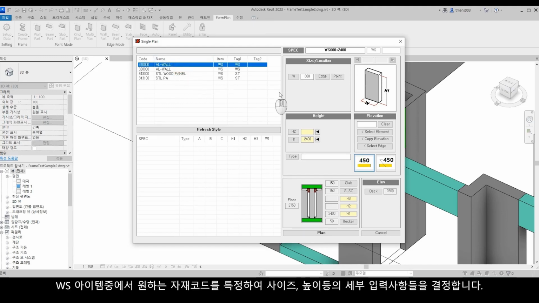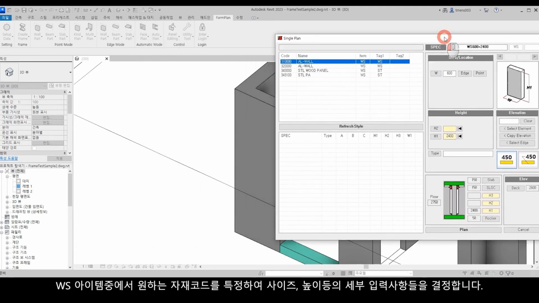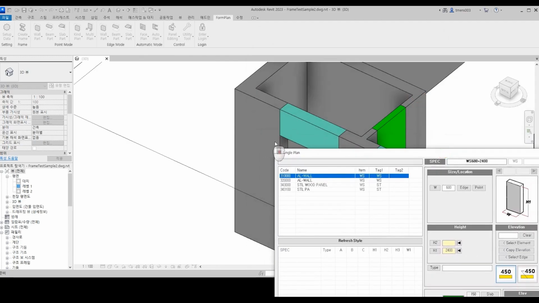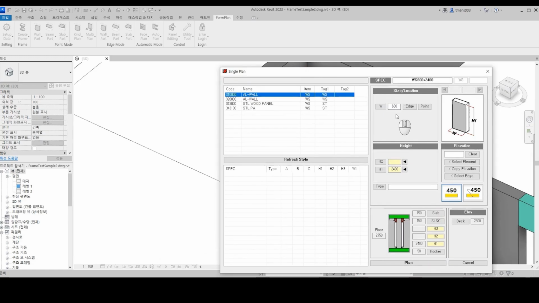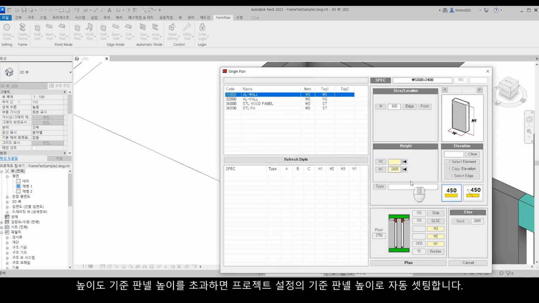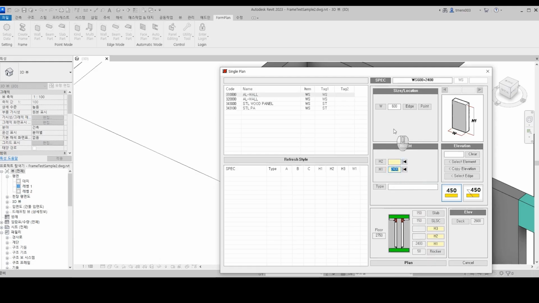So, select the material code, and if you actually measure the edge length we specified, it's over 600. Because it exceeds 600, as explained earlier, the W value is displayed as 600. Also, for the height, if we exceed the standard floor height, it automatically adjusts the height like this, based on the floor height information in the project settings. I think panel placement with this setting will be correct. However,